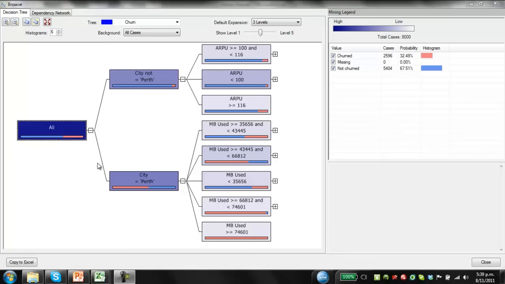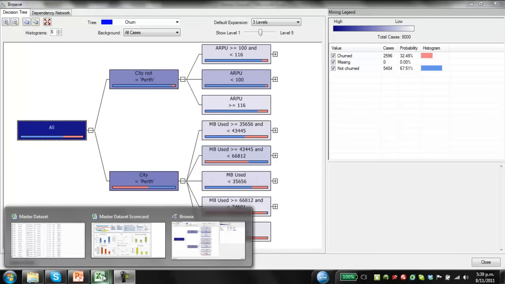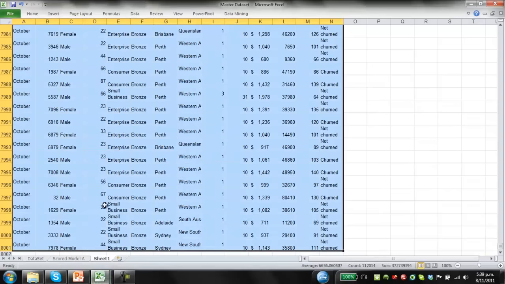So for example, in this case it turned out that a competitor was offering very cheap data plans for customers who used more than 5 gigs of data within a month, and this was a local provider that only provided that offer within the Perth region. So once we understand this, we can then